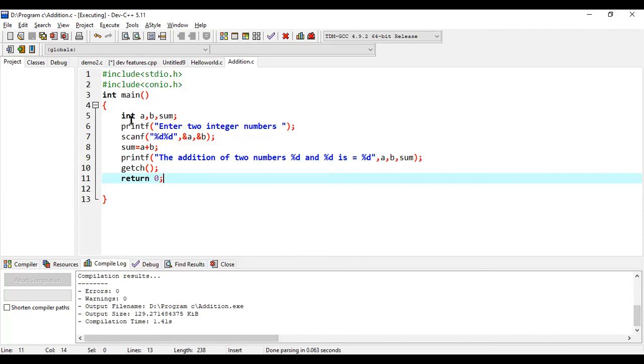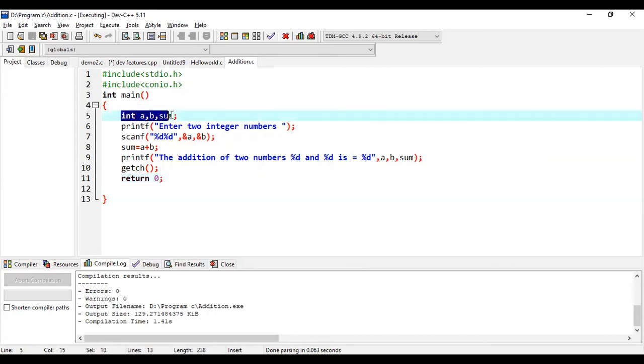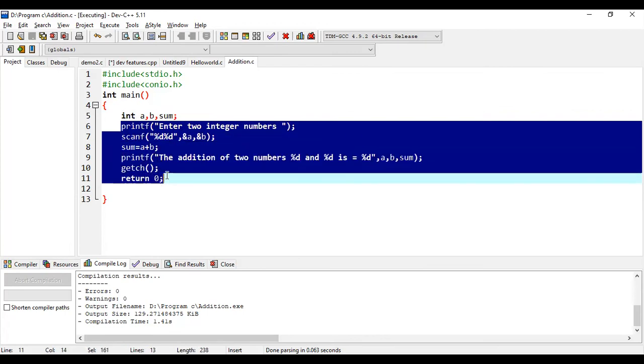So here the main function has two parts. The first one is the declaration part. We have declared the number of variables. So here in this declaration, we have specified three integer numbers. Next, this is the logical implementation of the code.